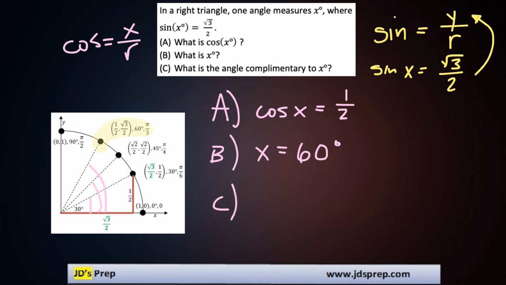Finally, part C is asking, what is the angle complementary to x? Well, to answer that, you need to remember that complementary angles are angles that add to 90 degrees. So pretty simple. 60 plus what makes 90? Well, that would be 30